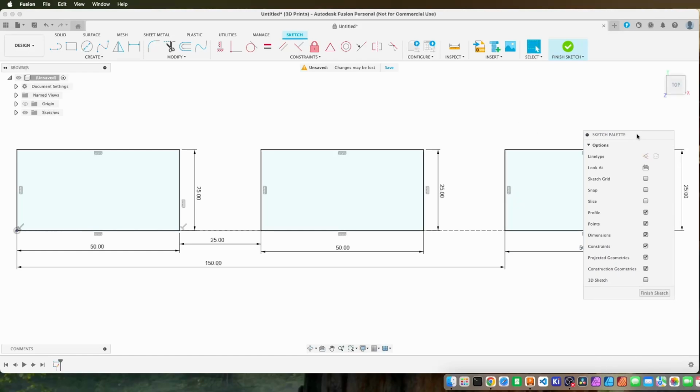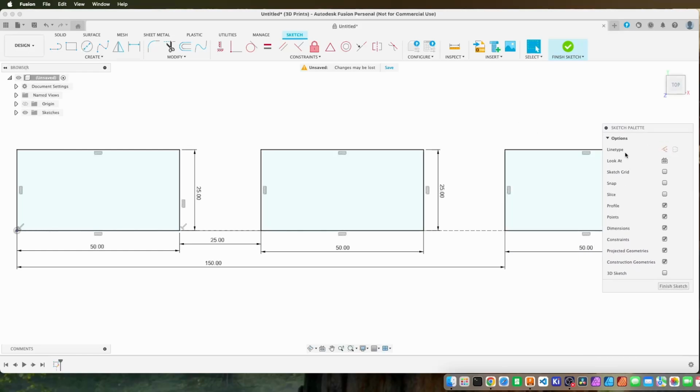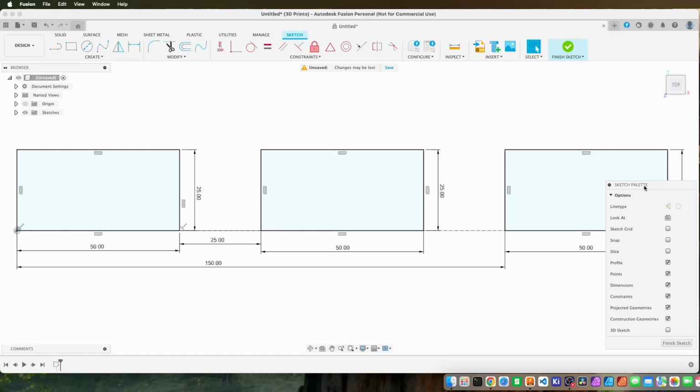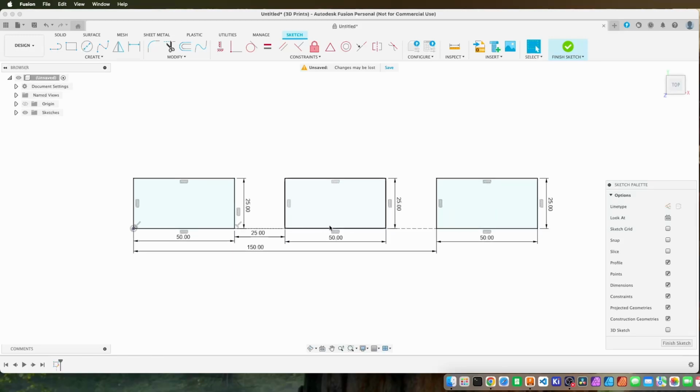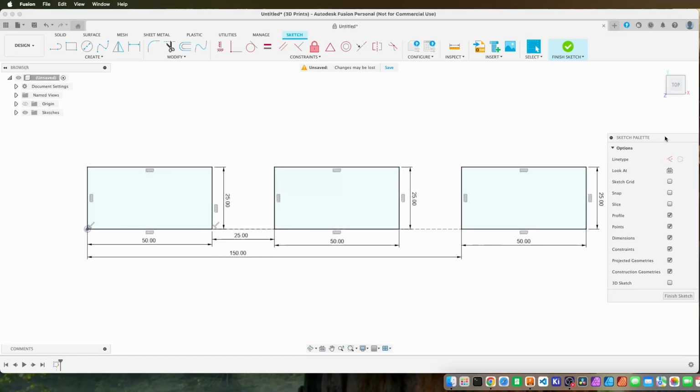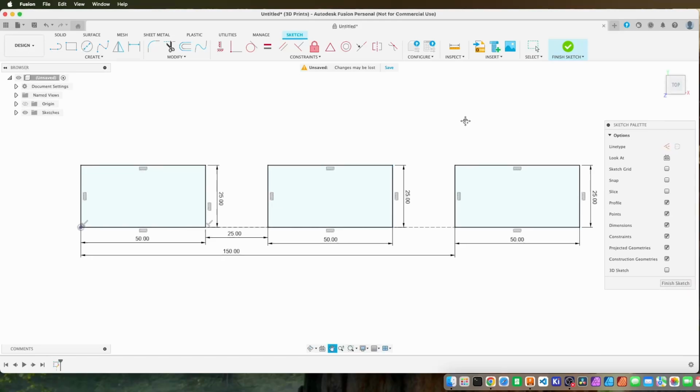So as you can see, it was partially covered by this palette here, but it fit the entire width of the window. So that is a nice tip to know